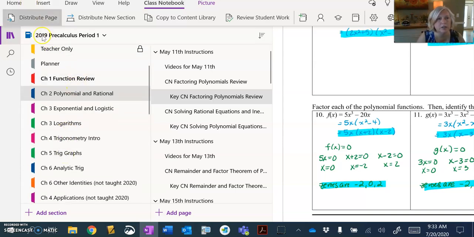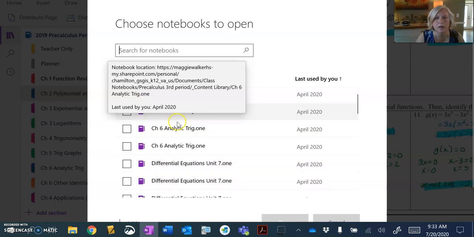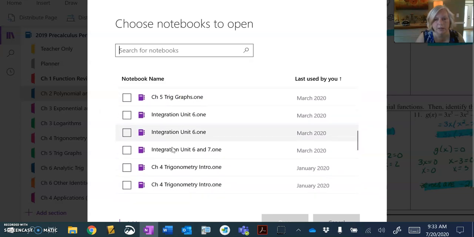This year, I'll show you in my calc notebook, kind of as you're thinking about it, what I did when I was creating these. Last year, you'll see that all in 2019, I have a different notebook for every class. Now, for this year, what I'm looking at,